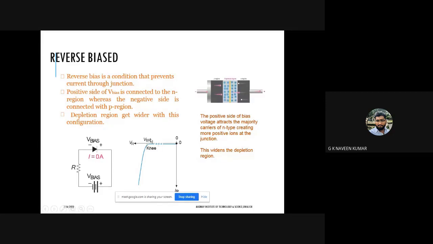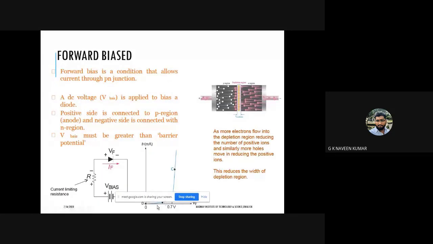This is called VBR. VBR is the maximum breakdown voltage. Every diode will have VBR mentioned on the nameplate. Suppose, if you take any diode like 1N4007, that reverse bias breakdown voltage will be mentioned on the diode. If I apply 20 volts, once the breakdown occurs here, the voltage stops increasing. This is the maximum voltage. If you see, VBR is larger.